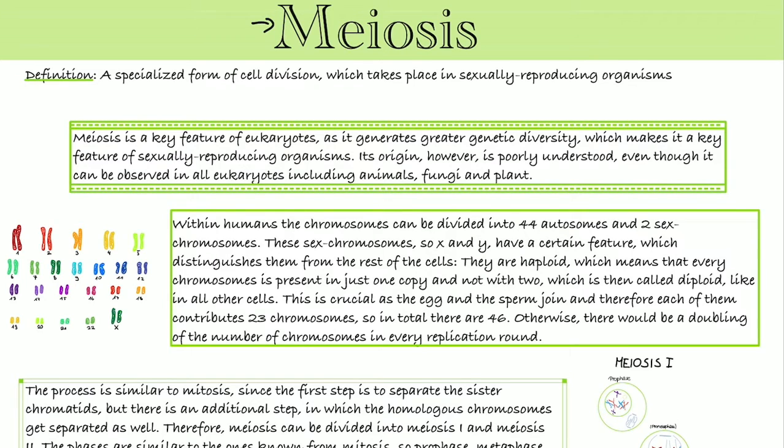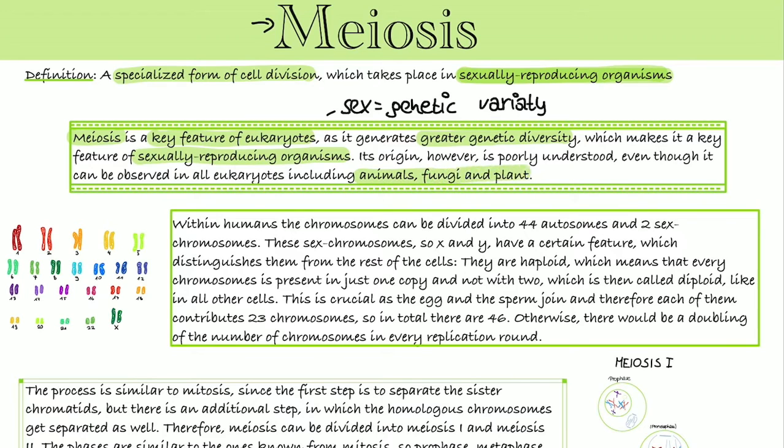Meiosis is a specialized form of cell division which takes place in sexually reproducing organisms. So in humans, for example. Meiosis is in general a key feature of eukaryotes, as it generates greater genetic diversity. And therefore it's important for sexually reproducing organisms, because that's the biological reason behind sex. Its origin, however, is poorly understood, even though it's observed in all eukaryotes, so it's also in all animals, in